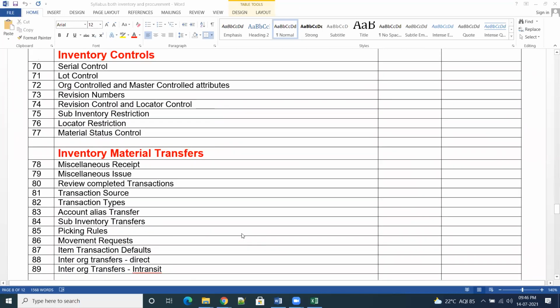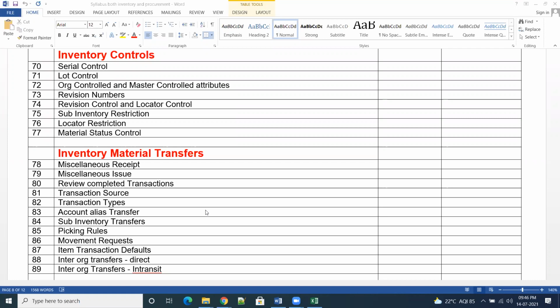Transfer orders is a different concept. See, transfer orders will be the same concept, but it is inter-organization transfer. Transfer material from inventory under one BU, one business unit.